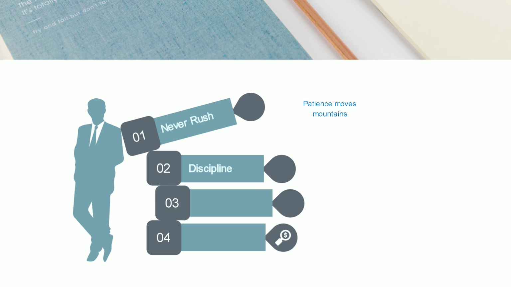Now, discipline is an important aspect in our life. So if you're not disciplined, you cannot be successful. Successful people are disciplined. Being disciplined is a key element to success. If you want to be successful, then you need to be disciplined. When you take a decision, you need to stick to the decision. If you want to follow any path, you need to stick to the path and do it as early as